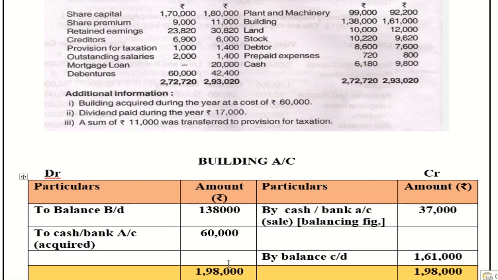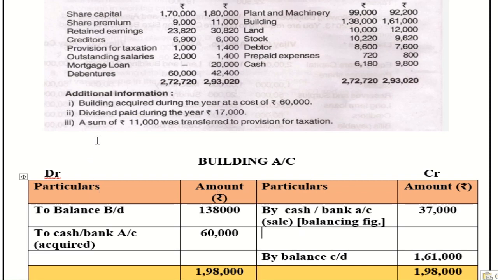Now see here, once you prepare the building account, there is an acquisition and there is a sale. So acquisition and sale of this asset will appear in investing activity. A sale is a cash inflow and acquisition is a cash outflow. It means if an asset is purchased, cash is going out from the organization, therefore cash outflow. If an asset was sold, then cash is coming into the business organization, that will be considered as cash inflow. If there is any depreciation or profit on sale of assets, then such adjustments must appear in operating activities. This is how you have to prepare this building account.